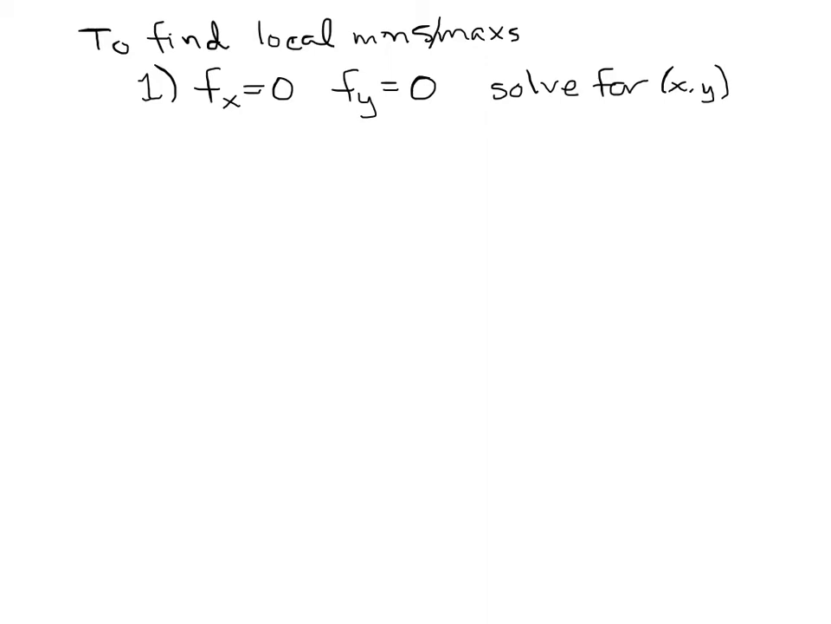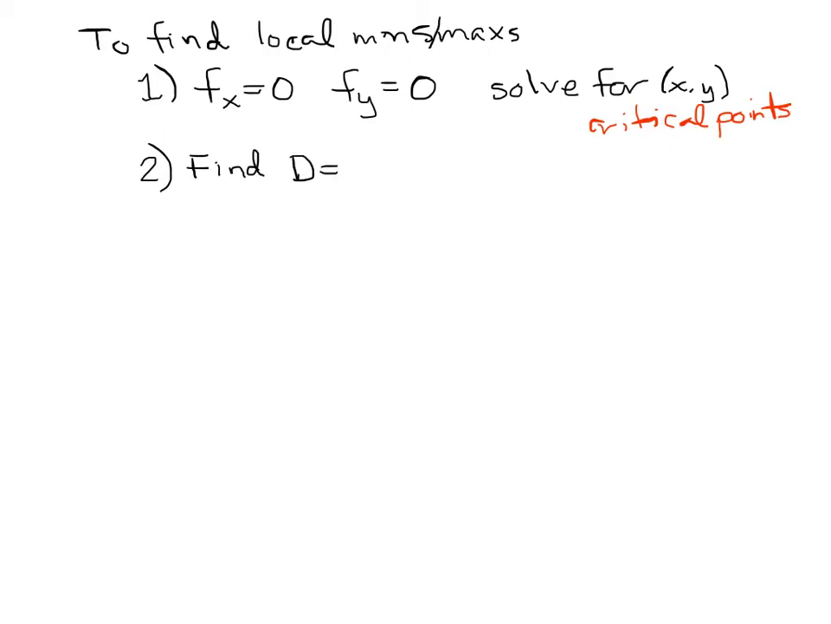So this is the equivalent of finding that 0 slope, but we have to find a 0 slope in both directions in order for it to be a local min or a local max. All right, so these are called the critical points now, same as in Calc 1. So we've got critical points. Then the second thing you're going to do, and this is part of the second derivative test,